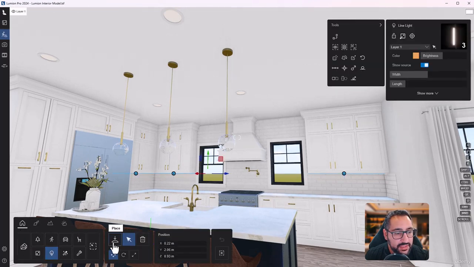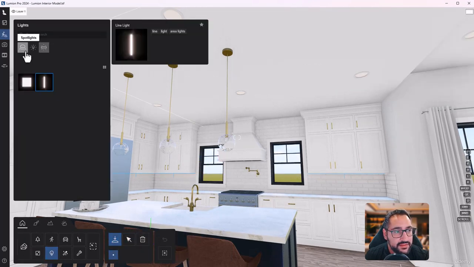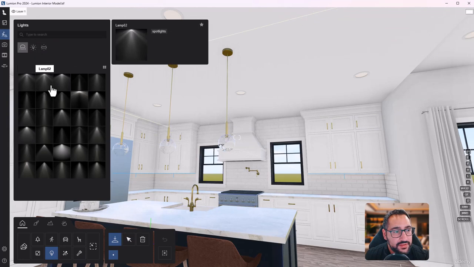So I'm going to go back to lights, hit place, and let's switch to spotlights. So this right here that you see, these are different IES profiles, and this comes from the manufacturer, and this talks about the throw of the light, right? So like, is it super narrow? Is it super wide, right? These are all different profiles. So personally, I like these guys, lamp 3. So I'm going to place it here,